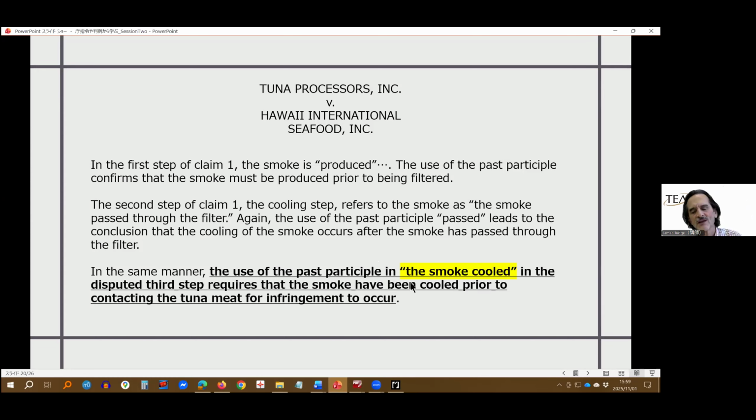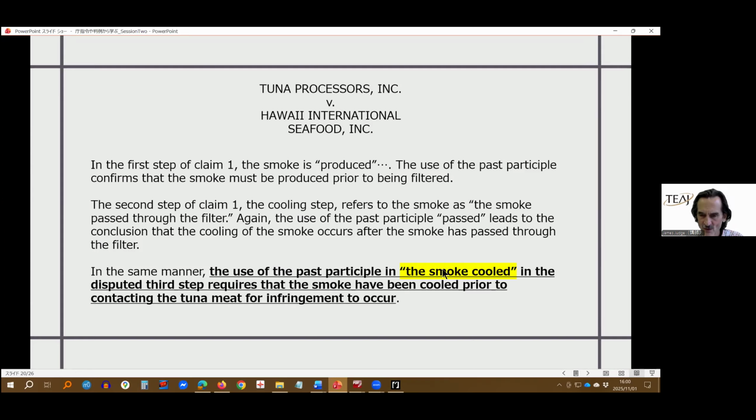Requires that the smoke have been cooled. This is a special grammatical construct. To have been cooled is what it means, prior to contacting the tuna meat for an infringement to occur. So what happened was Tuna Processes, the Japanese patent owner, tried to say that Hawaii International was infringing their patent